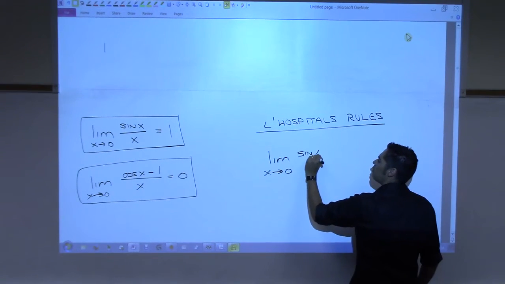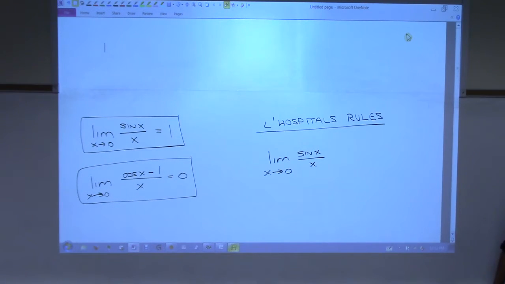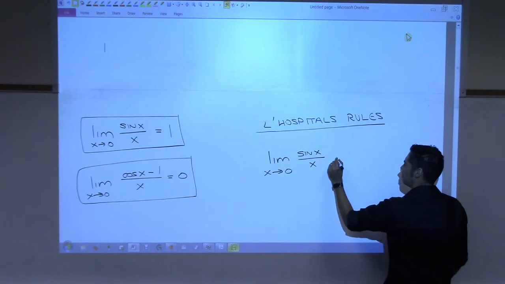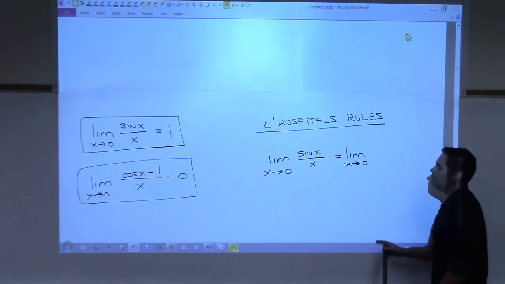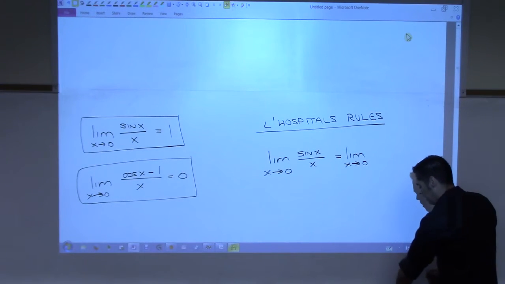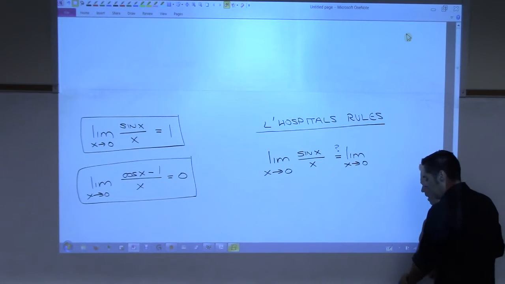Now, I'm not going to give you L'Hôpital's rule right now. I'm not going to tell you what the rule is. I'm just going to do it, and then you're going to be like, okay, sure, if you say so. I'd like for you to take this limit, and just kind of wonder whether or not this is right. Is that limit the same as,